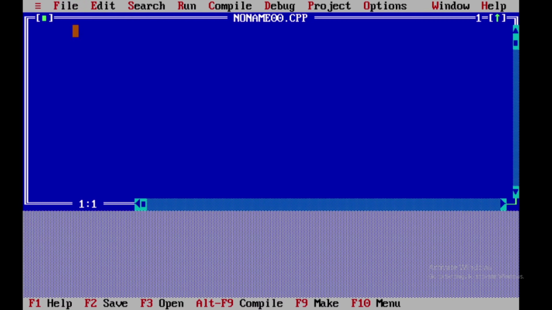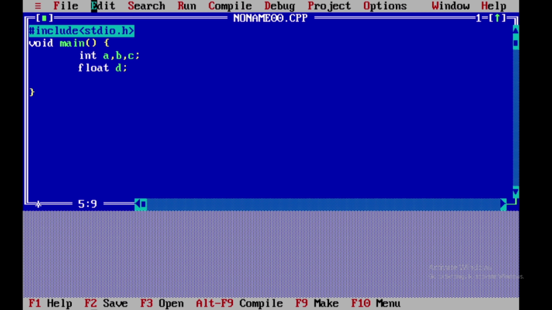So here we have new, then hash include stdio.h, then void main, then simply, right, here we have int a, b, c. We have three integers, and we will do some operations here, like float, one variable for the float, right?